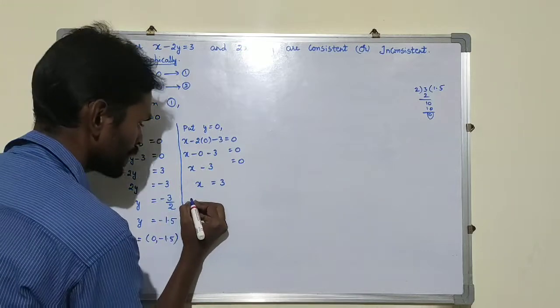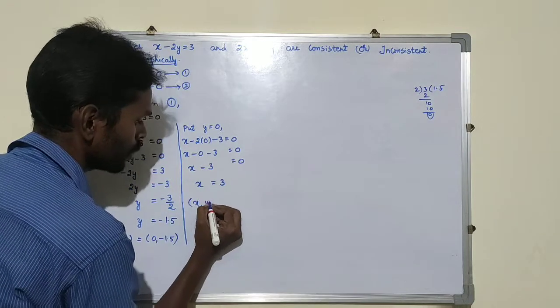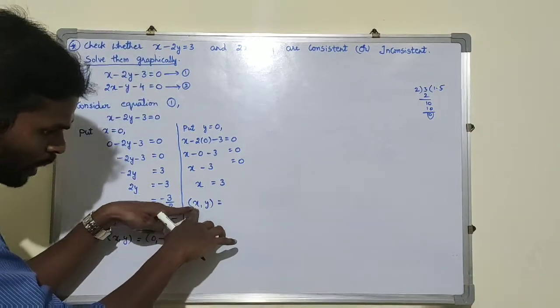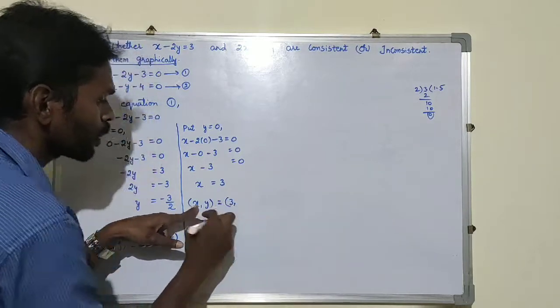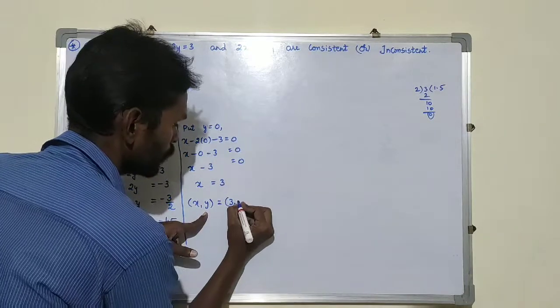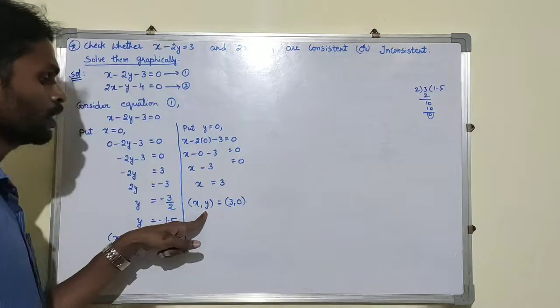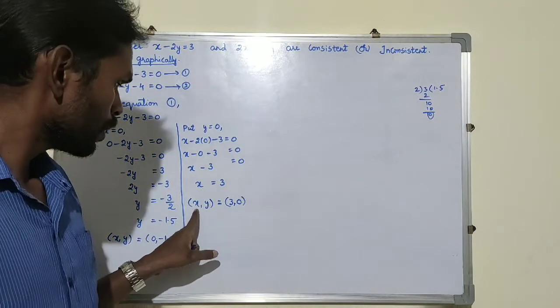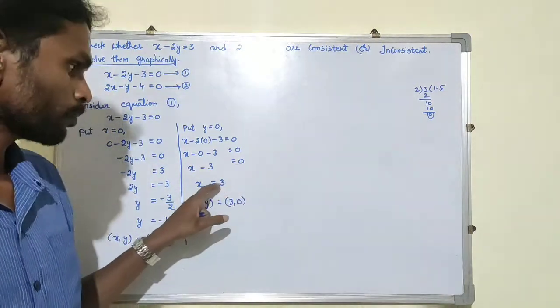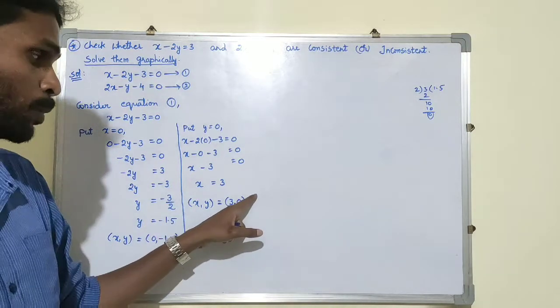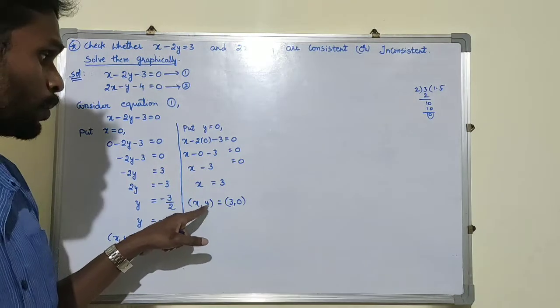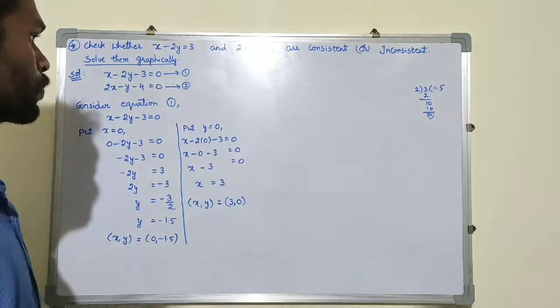So again the point, x comma y equal to, here see, in place of x, write the x value only, 3. In place of y, write the y value, 0. Mostly every student will get confused and make mistakes here. Okay, don't make that mistake again. Now coming to